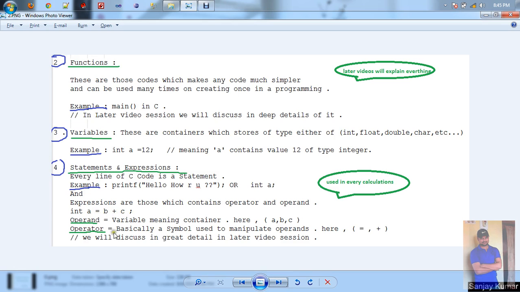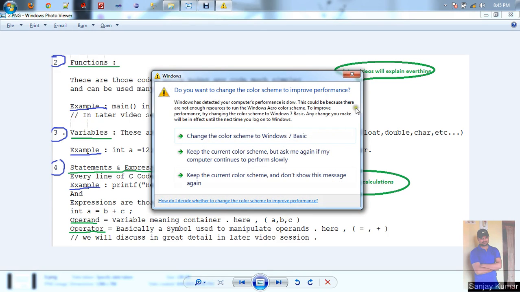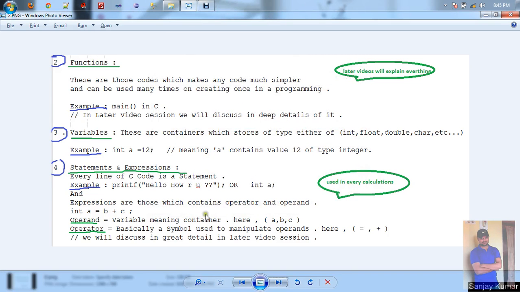And what is an operator? A symbol used to manipulate operands is called an operator. In this example, a = b + c, plus is the symbol used to add these two variables, and equal to is the operator used to assign the calculated value to a. So operands are variables and operators are the symbols that we use for our calculation and manipulation.